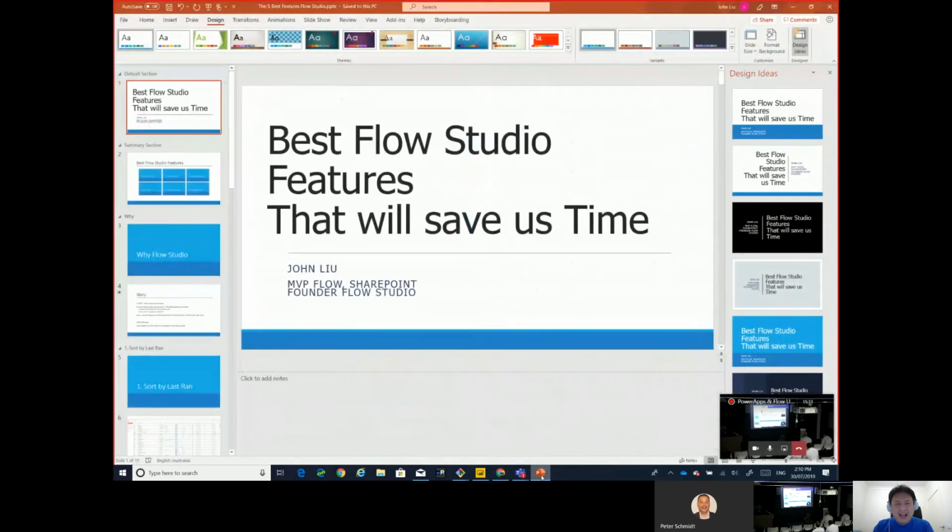I wanted to... There's several presentations I can do. I can talk about flow quite a lot, but today, when I was throwing a few ideas with Terry, Terry mentioned that why don't you talk about Flow Studio? Why did you make it? What's the backstory to it? So it's an interesting talk. I don't give this talk much, but it's a very interesting talk, and we will focus on the free features